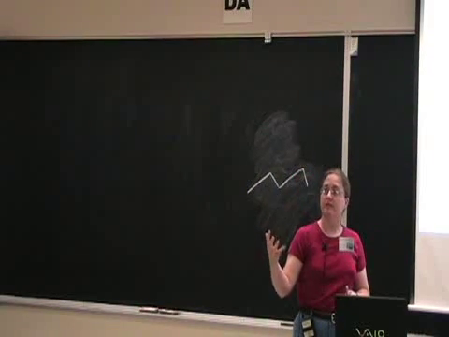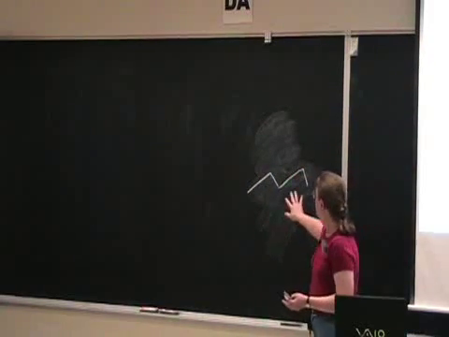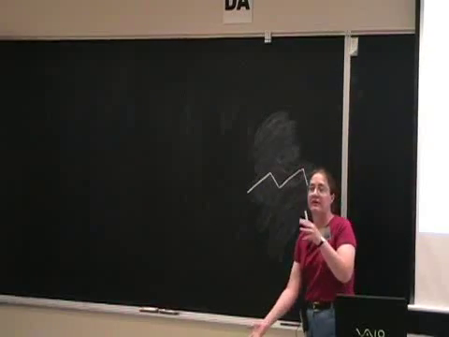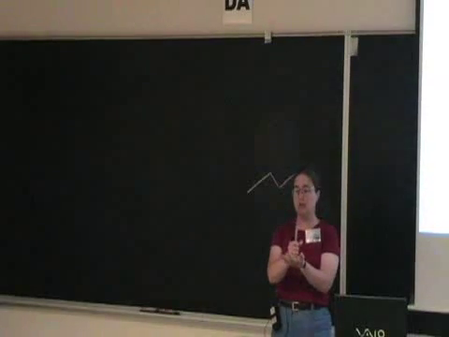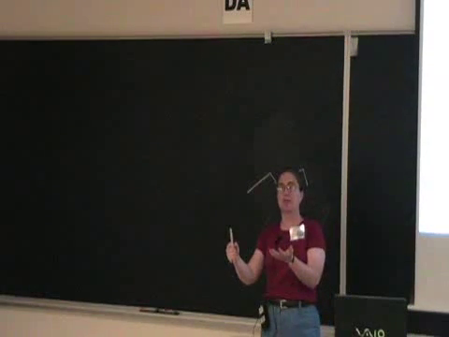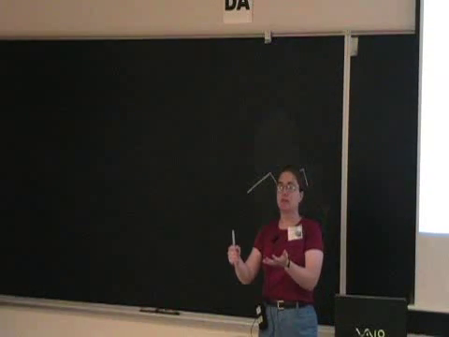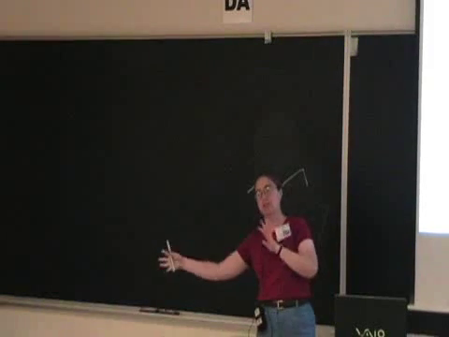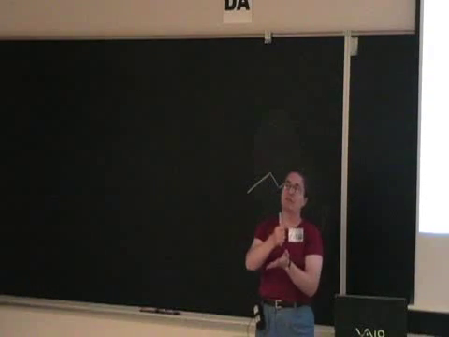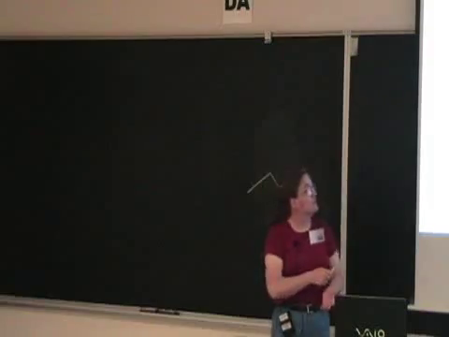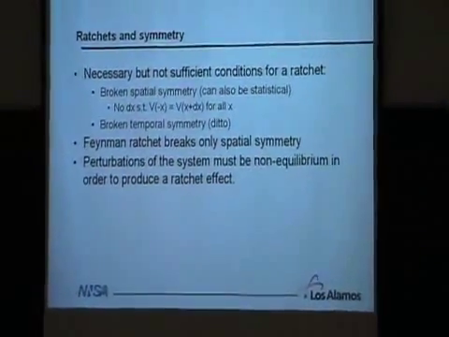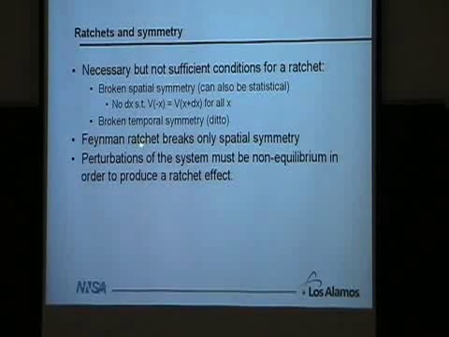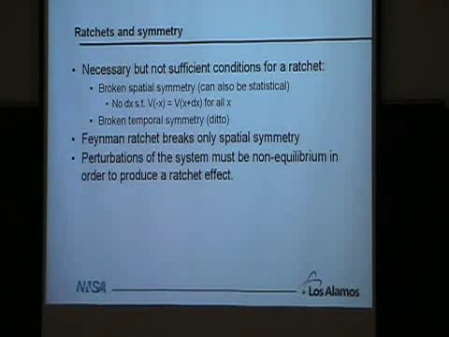That's easier to see when you talk about breaking temporal symmetry. If you apply some kind of drive to your system, like you take this potential and you tip it back and forth, that breaks temporal symmetry because if your particle was moving to the right under your driving force, in the next instant of time, it's much more likely to continue to move to the right because your driving force is that way than it is to move to the left. So that breaks your temporal symmetry. And again, you can do that by applying a colored noise instead of a white noise to your system. So if you break enough of these symmetries, you can get a ratcheting effect.